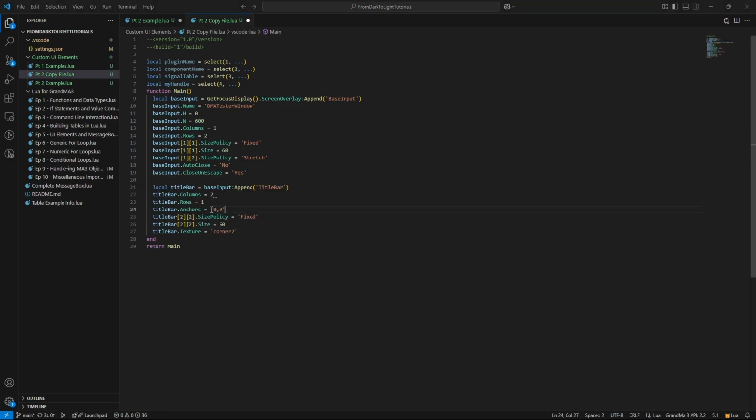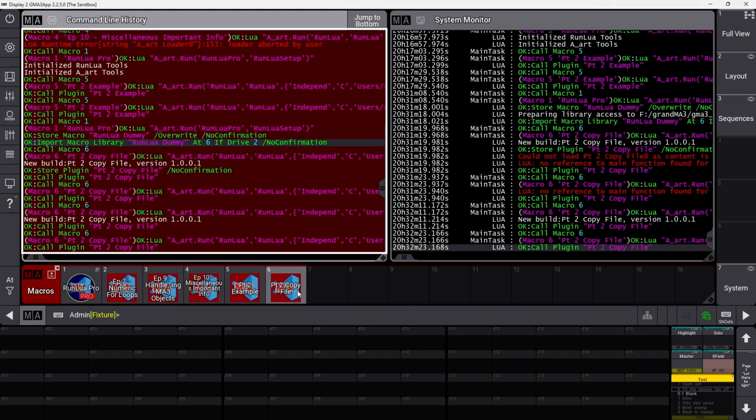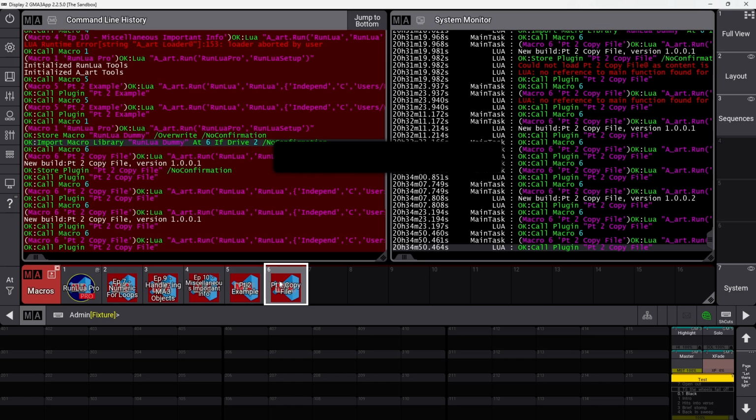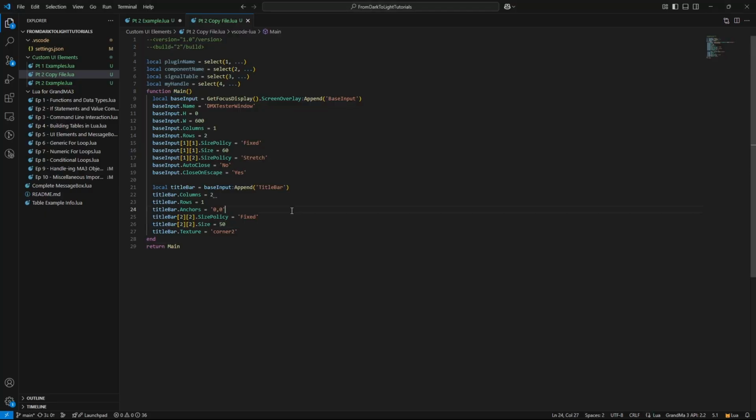Now, as you can see, it says the anchors are 0, 0. And then it says we have 2 columns and 1 row, and it has a size set for the second column. It doesn't have a size set for the first column, so the first column is going to be the rest of the space, whatever that is. The second column is just defined to 50. We're seeing exactly the same thing as before. I believe this is because the title bar by itself doesn't actually have any information to tell it to look different. It's basically more of a size and division kind of element.